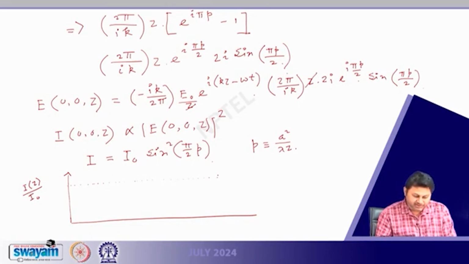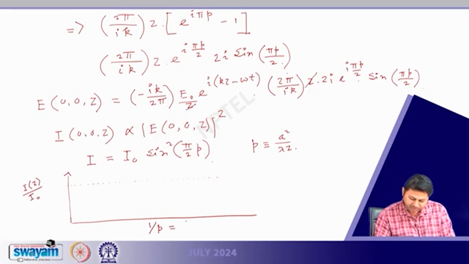So the variation of the intensity, if I plot as a function of 1 by p, because 1 by p corresponds to z by lambda with some scaling. So that is equivalent to lambda divided by a square and z. So that means by keeping the aperture the same, lambda a square is constant, and I am moving this